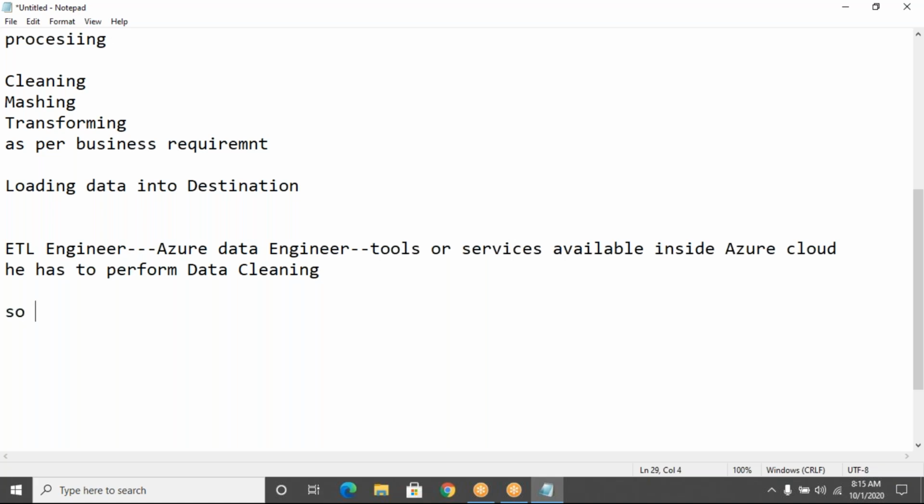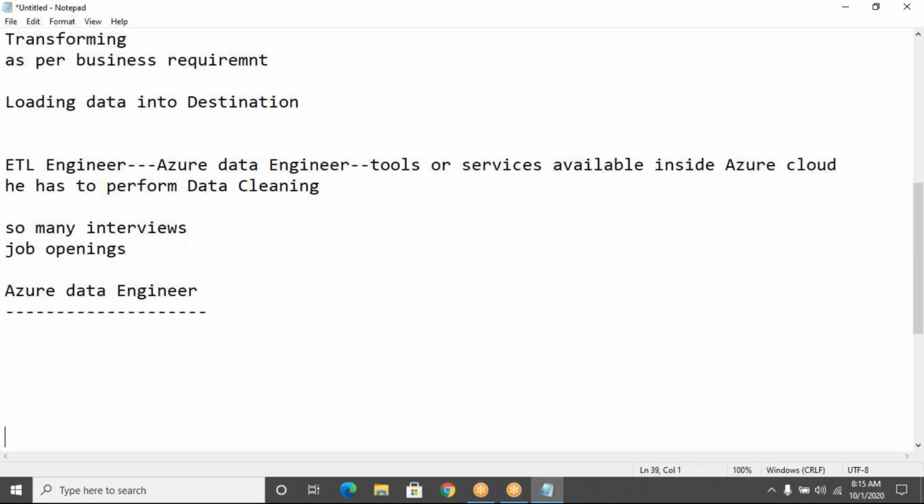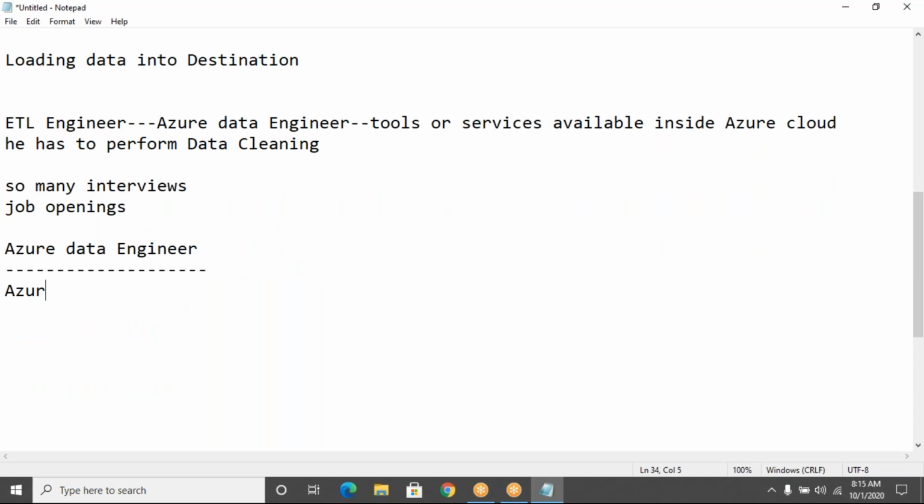When I saw so many interviews and job openings, they are expecting this Azure Data Engineer. In this Azure Data Engineer, primarily they are expecting Azure Data Factory, that is a complete ETL tool, and Azure Data Lake, that is a complete big data storage, and Azure Databricks.